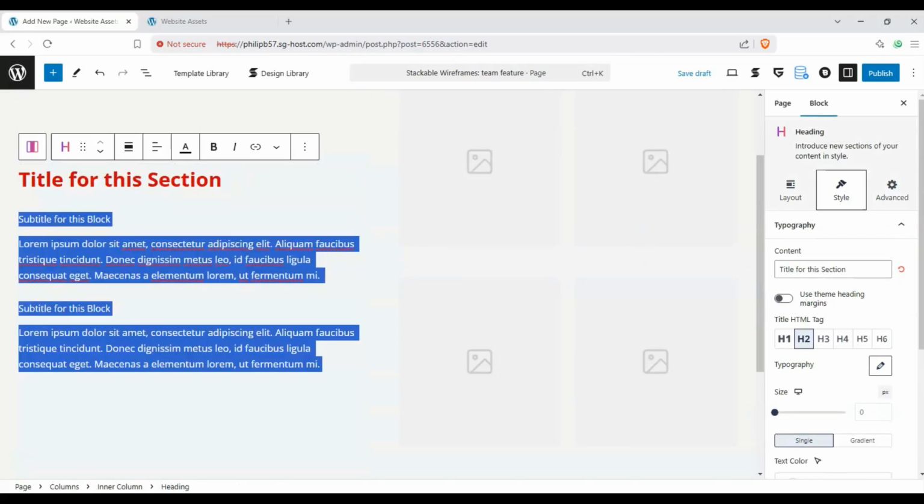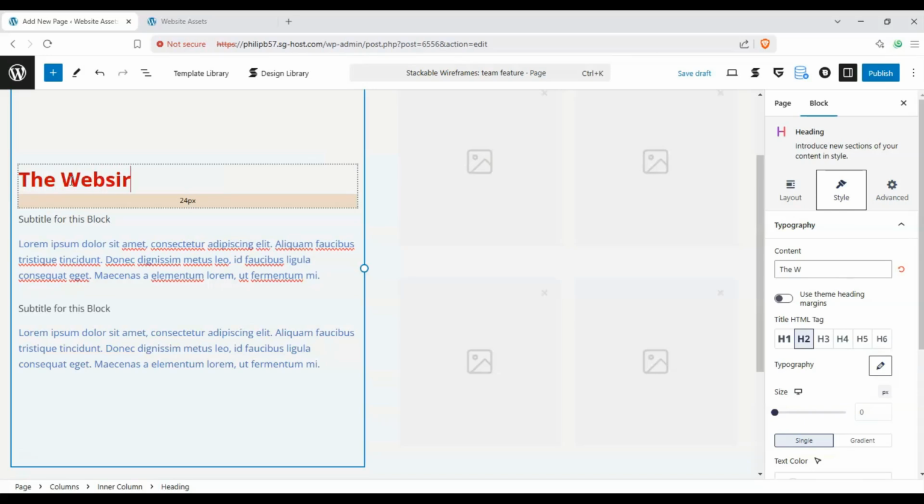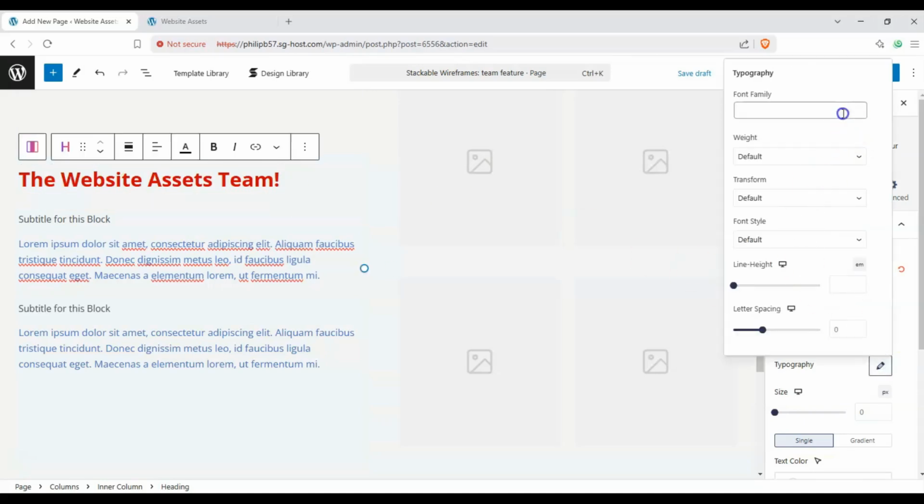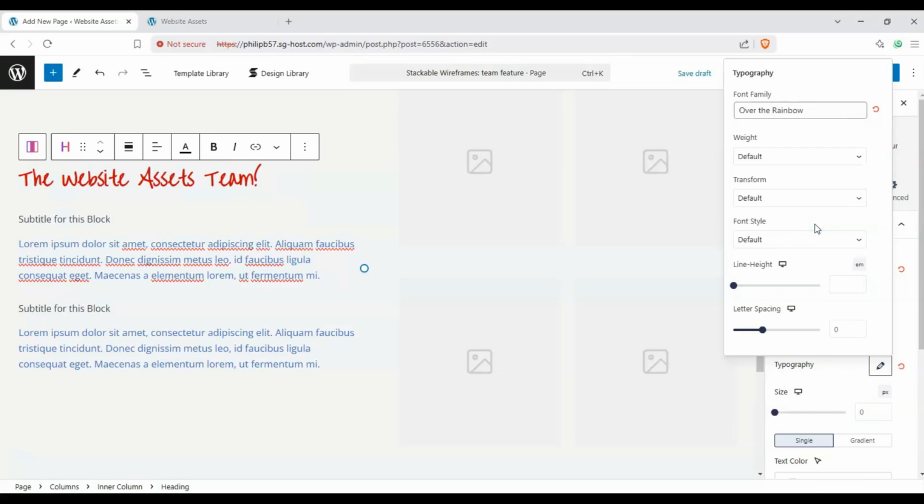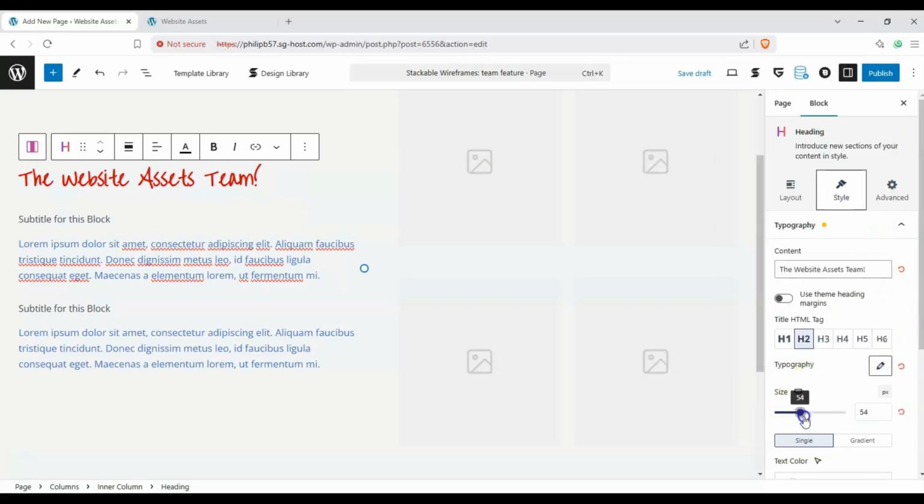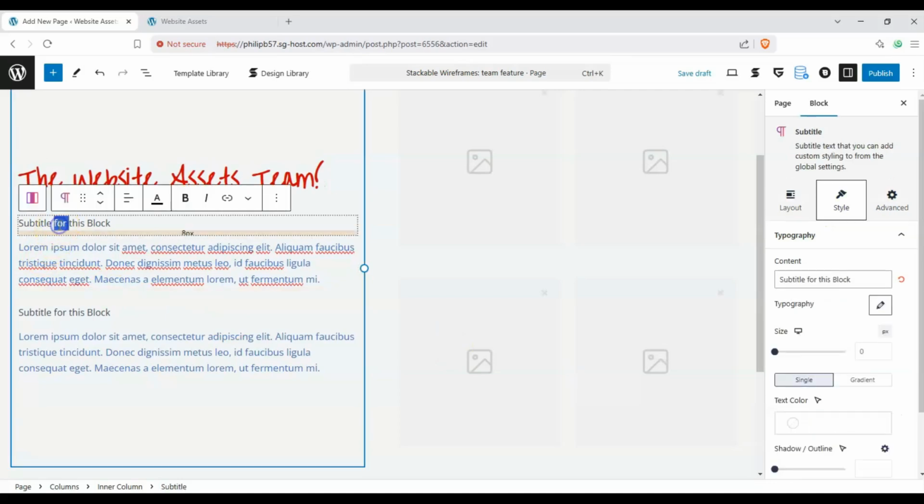And then if we wanted to change our typography here, just click on Font Family and just choose. Yeah, I'm fine with that. Let's make it a bit bigger. And we can type in